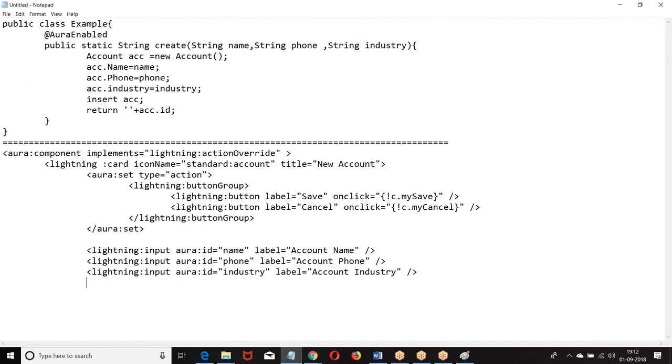Lightning industry. Right, then we have created the lightning card.